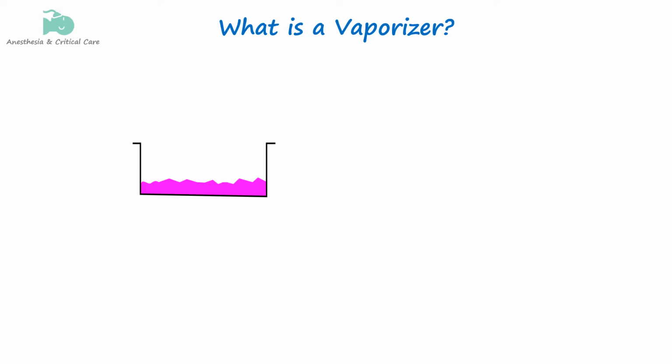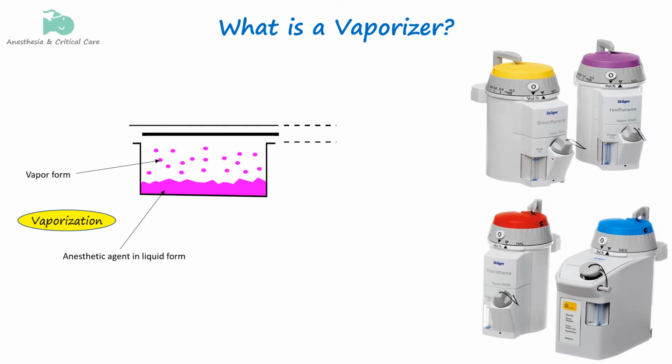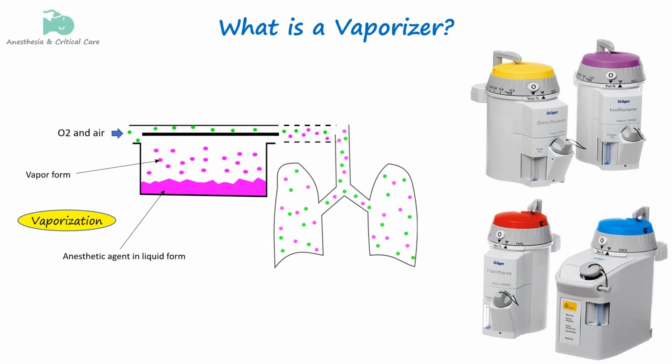Inhalational anesthetic agents are typically in liquid form at room temperature and pressure. To administer them, they must first be converted into a gas or vapor. This conversion process is called vaporization, and the equipment that facilitates it is known as a vaporizer. The vaporizer ensures that the gas is mixed in the right concentration with oxygen or air, keeping the patient safely